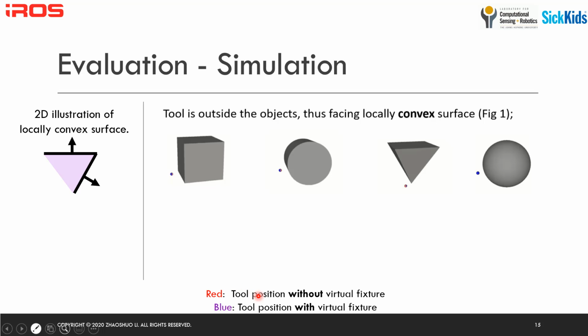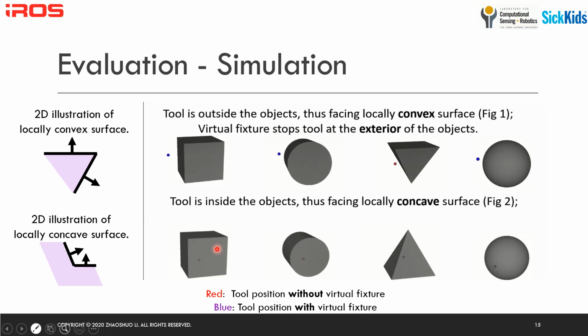Additionally, we show the tool position without virtual fixture, in other words, the commanded position, as a red sphere, and the tool position with virtual fixture, in other words, the virtual fixture constrained motion, as a blue sphere. As shown, the blue sphere can be successfully stopped at the exterior of the object, even if the red sphere